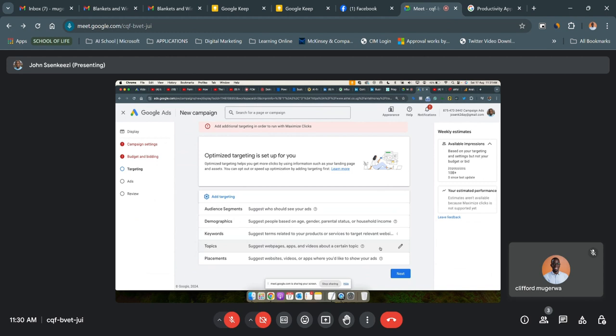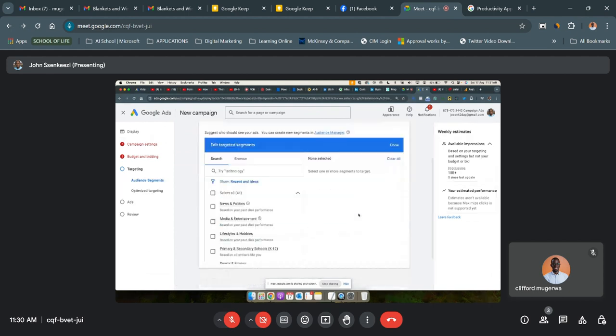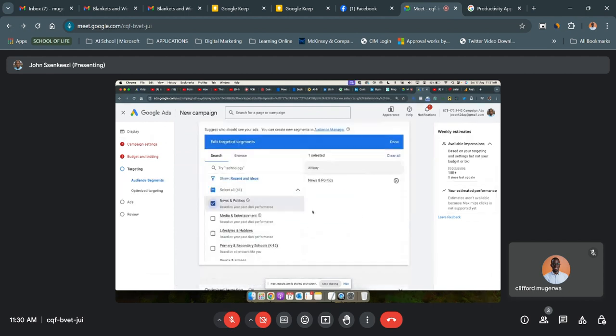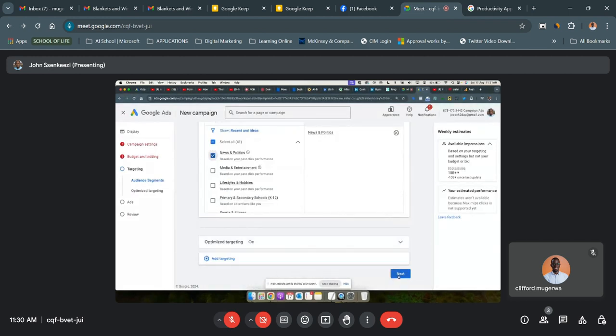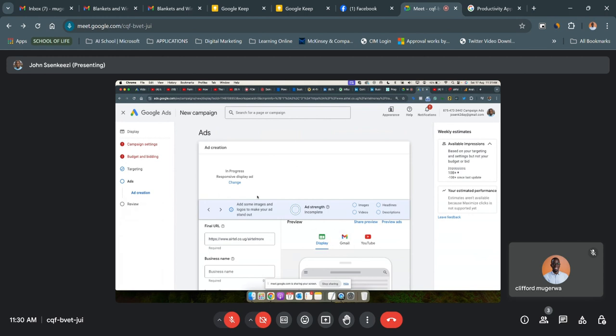So you can do all the stuff here, set your age, gender, all of that stuff. Maybe you are targeting people interested in politics. As an example, you could do so. Now here,